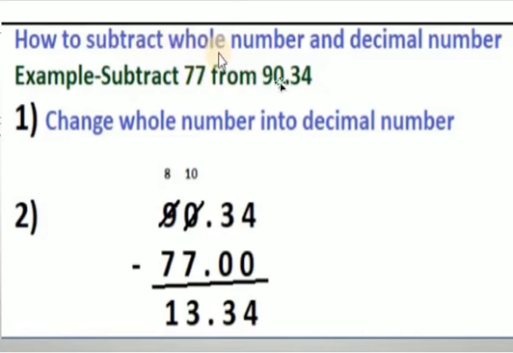And to make them like decimals before adding, I have to put two zeros because this number has two digits after the decimal point. Now you can align them again. Below the decimal point there should be another decimal point, and then you have to subtract. In case of subtraction, you should keep in mind order matters. So you have to see from which number you are subtracting which one. That is important. Okay.